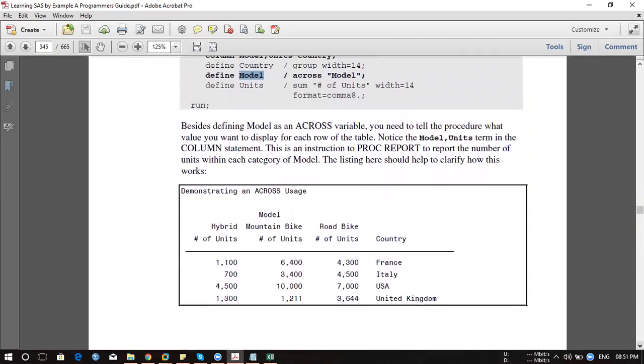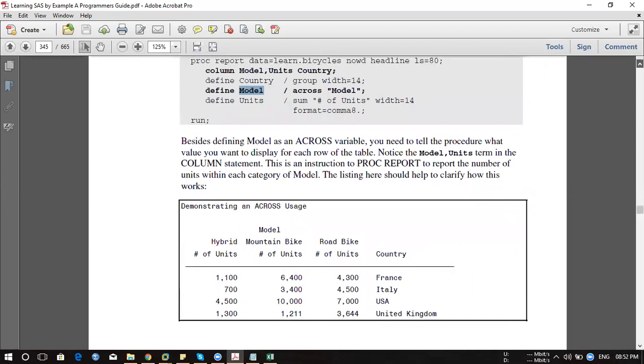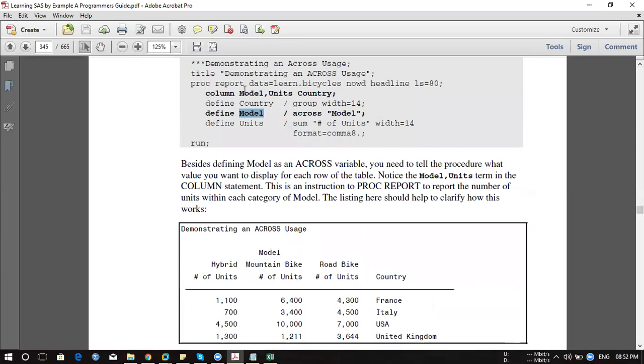So this is a different way of presentation. For your sample, you can do this. You can use across for your first column, and below that you are able to count it. Got it? So when you want to use across, remember this comma. You should not forget it. If you remove this comma, it will become a normal column.